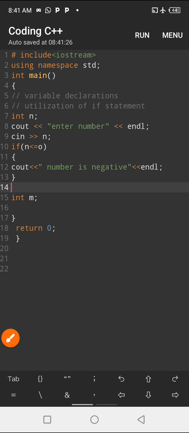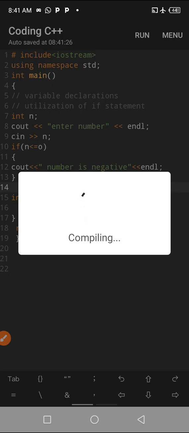So now this if is used when you are testing a value, when you are testing a condition to be true. Otherwise there will be no output. So now let us run to see if there is no mistake there,